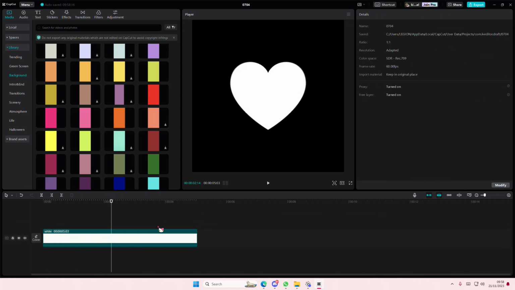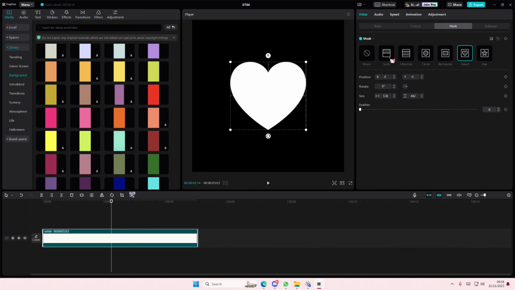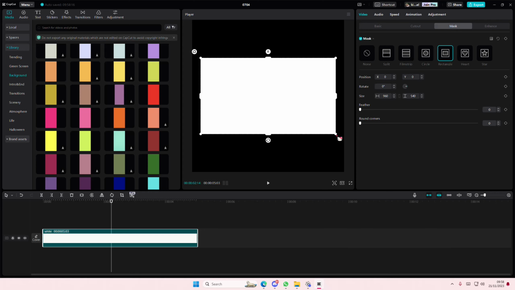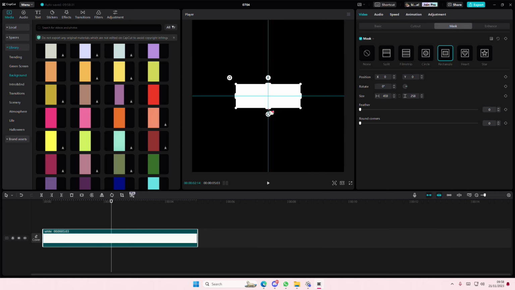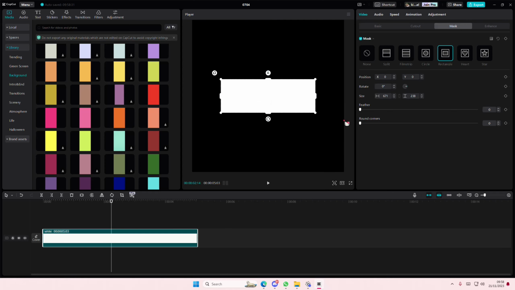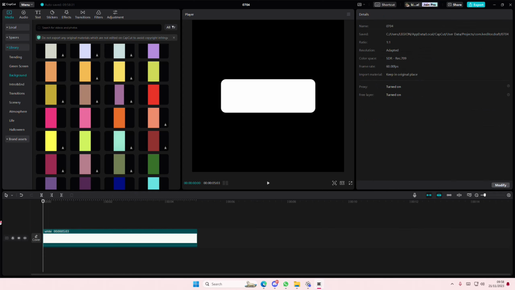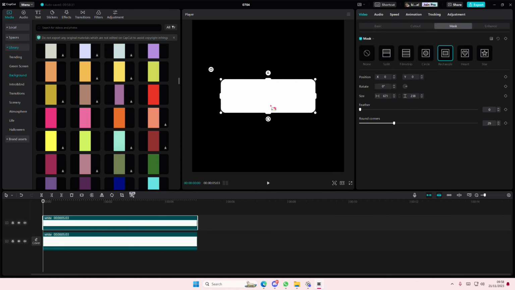For the second one, I'm just going to select the first video, go to a rectangle, kind of create like a battery shape. It's more like elongated like that. And you can also add in round corners to it. I'm just going to copy and paste that, and I'm going to make like a small part for the